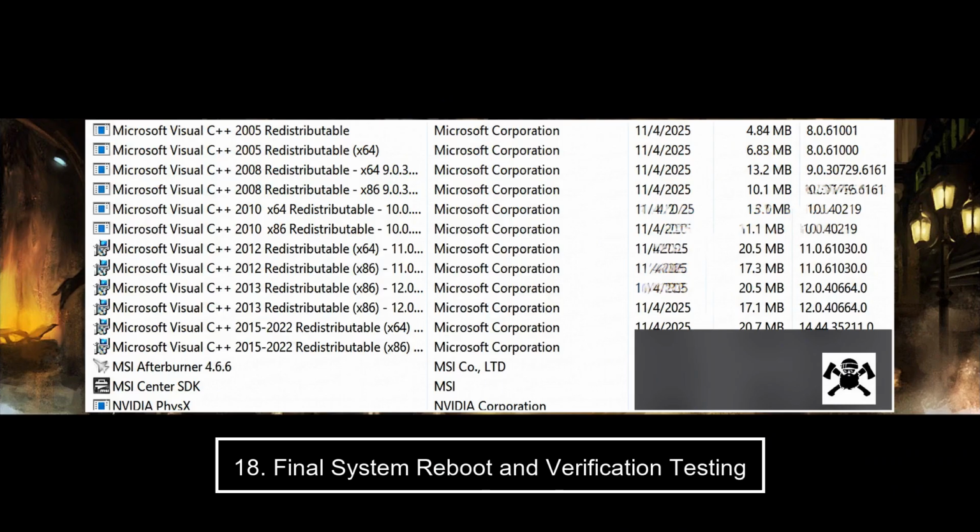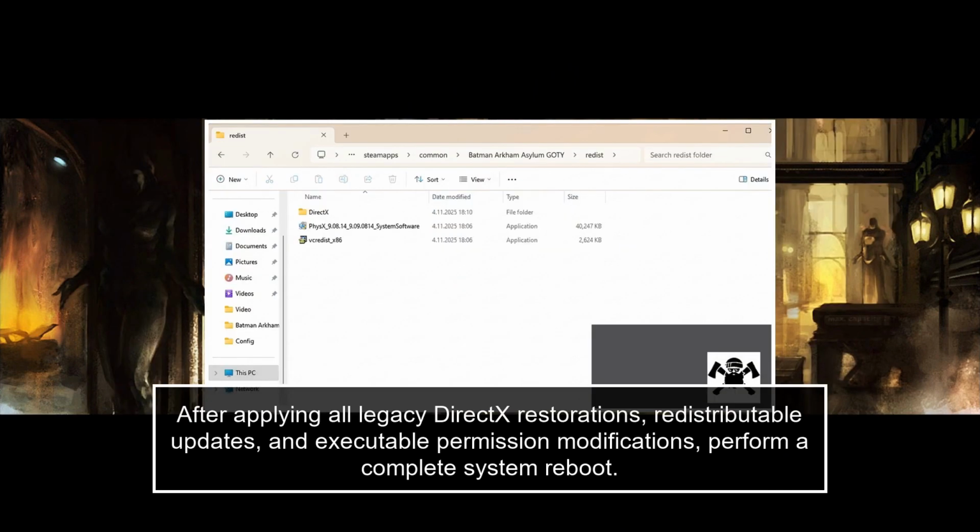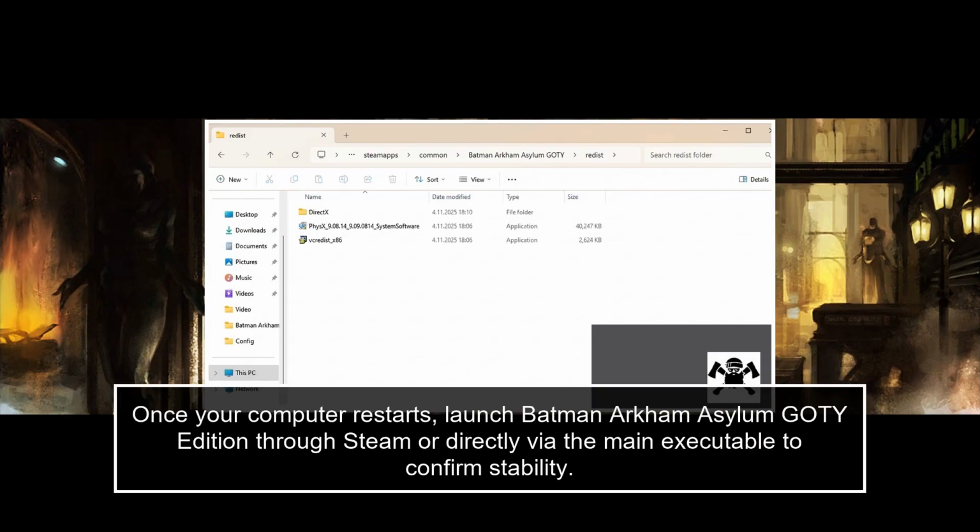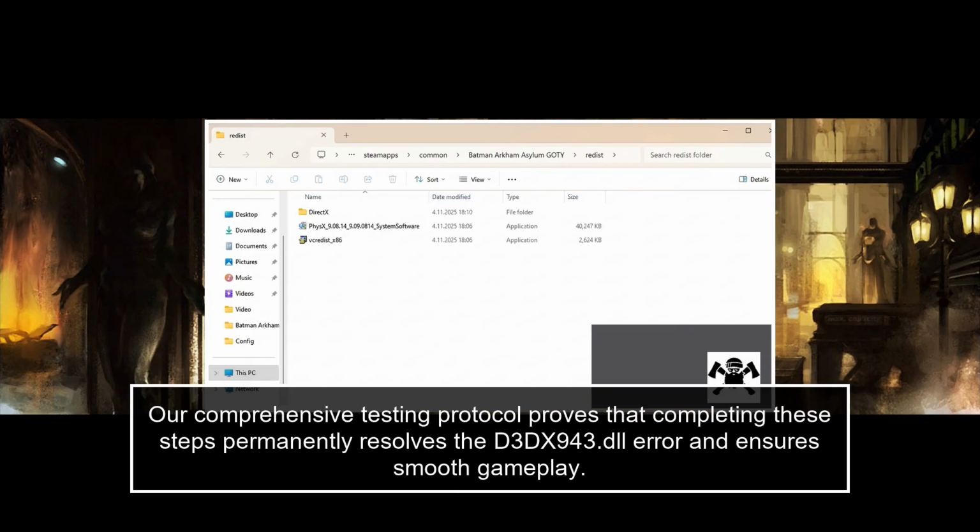18. Final system reboot and verification testing. After applying all legacy DirectX restorations, redistributable updates, and executable permission modifications, perform a complete system reboot. Once your computer restarts, launch Batman Arkham Asylum GOTY Edition through Steam or directly via the main executable to confirm stability. Our comprehensive testing protocol proves that completing these steps permanently resolves the D3DX9_43.dll error and